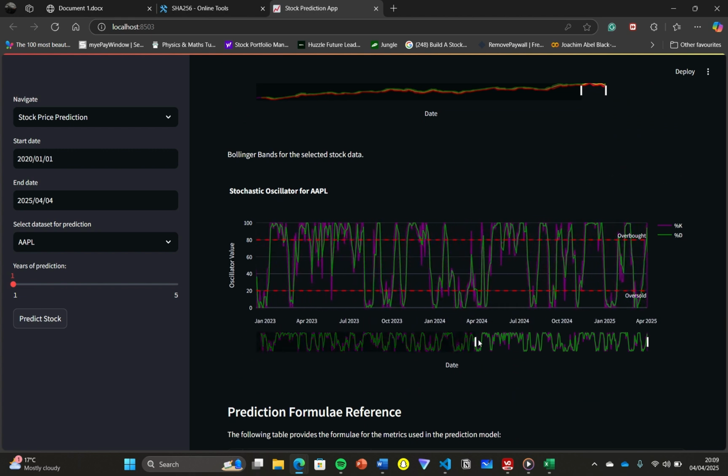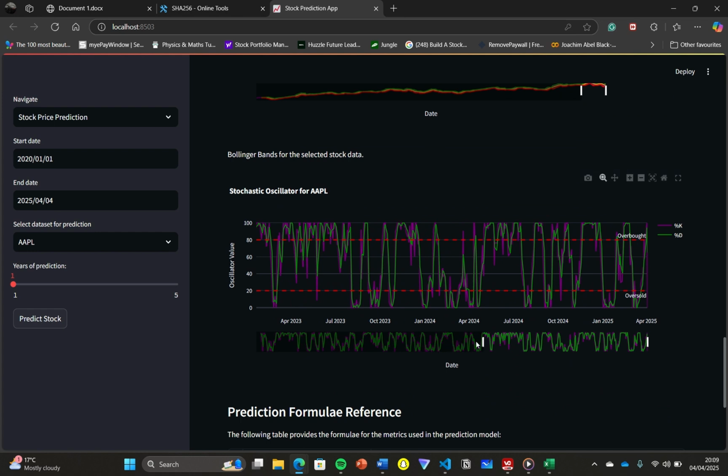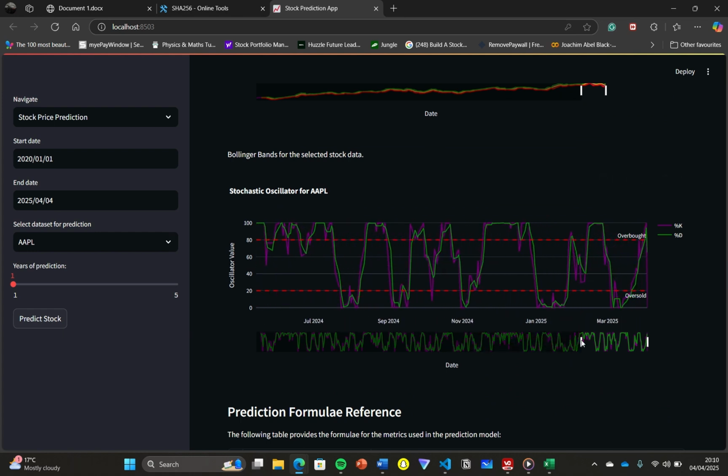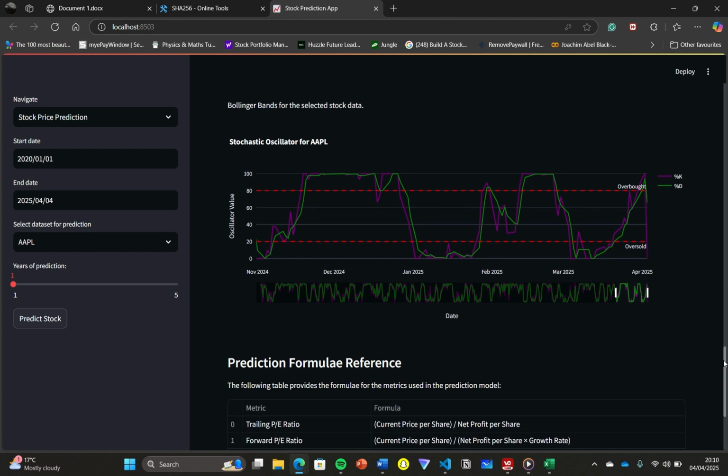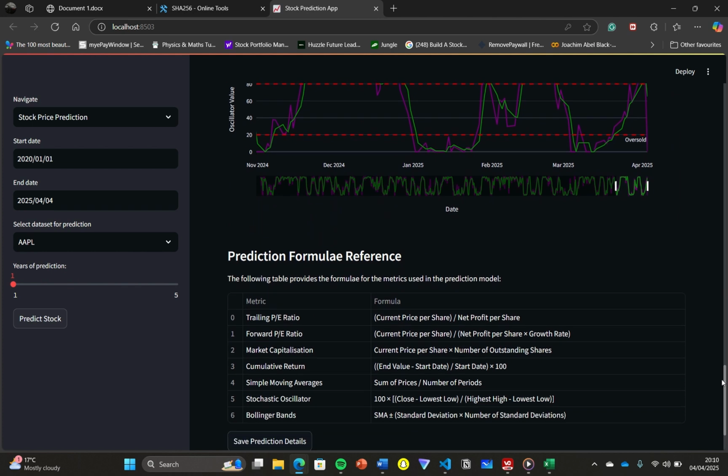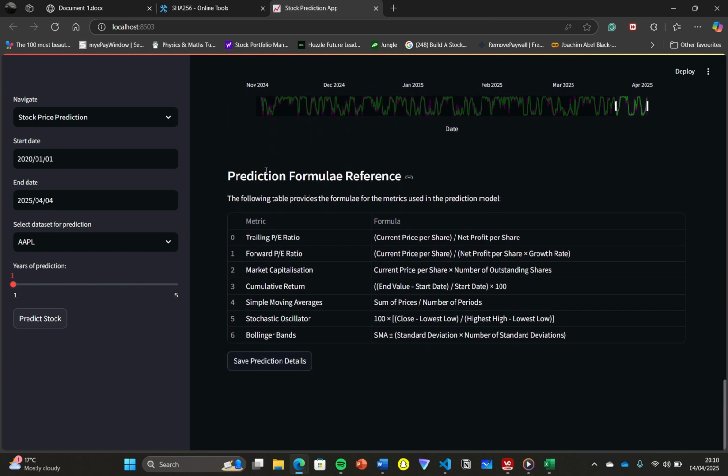This has 2 bands at the 80th and 20th percentile, and these are used to indicate whether a stock is overbought or oversold. An oversold stock indicates a sharp rise in price, as you can see, and a deeply overbought stock indicates a drop in price. This can be used to predict what kind of values we will see in the next few days after seeing the stock. Again, we have the formulae reference, and then from here we're able to do test 43,